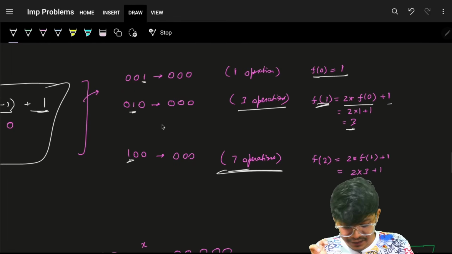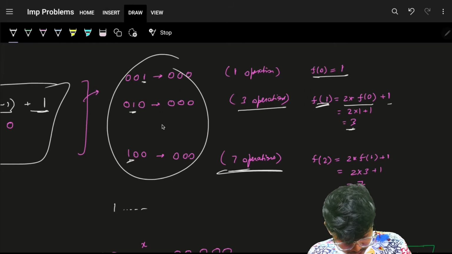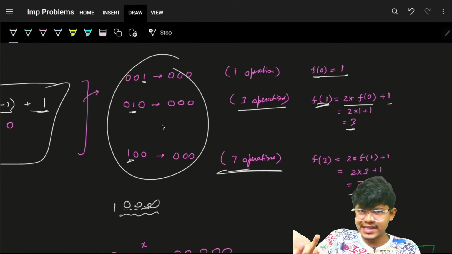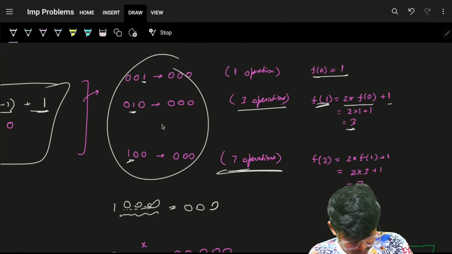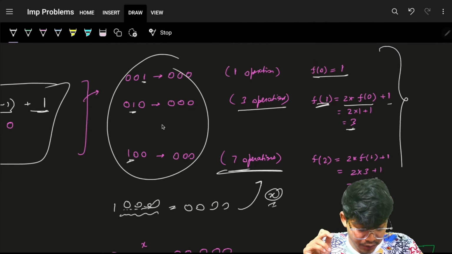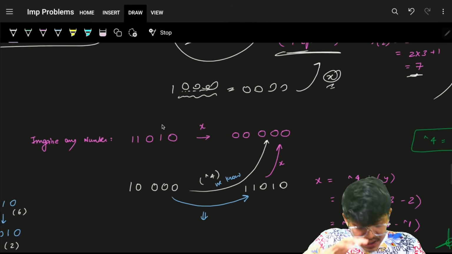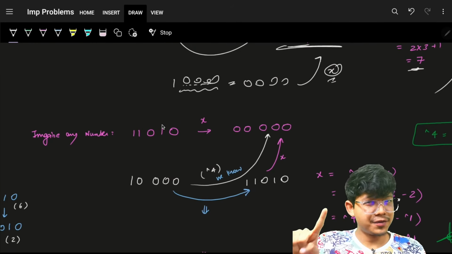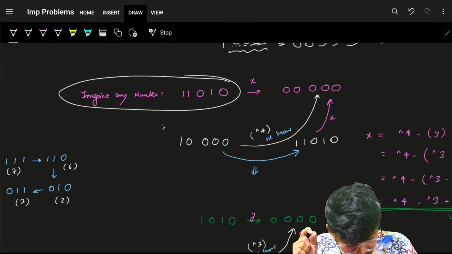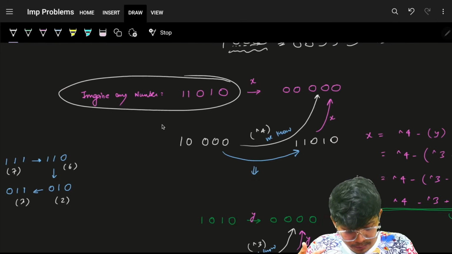So you know that with this kind of 1 followed by all zeros, you can easily figure out the number. To convert that to a 0, you will need x operations, and that x you can easily find out by using this simple recursive formula. Now coming back, that was not the question for us. My main question was: take any imaginary number